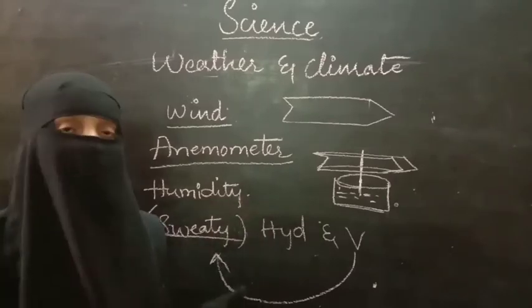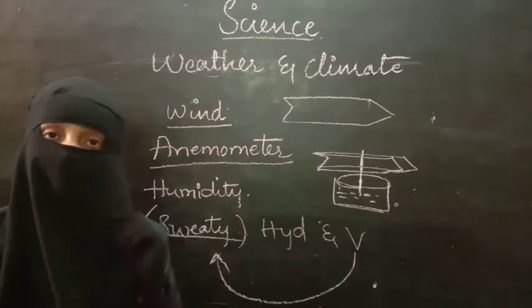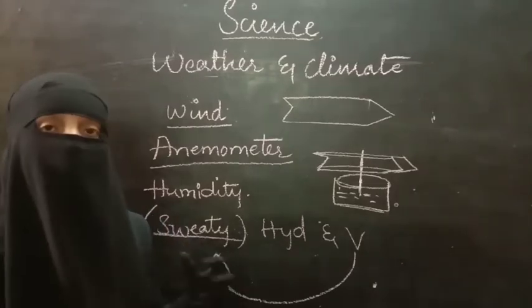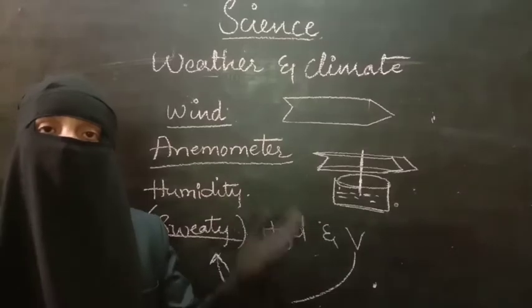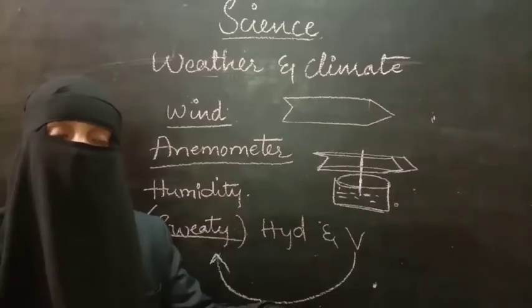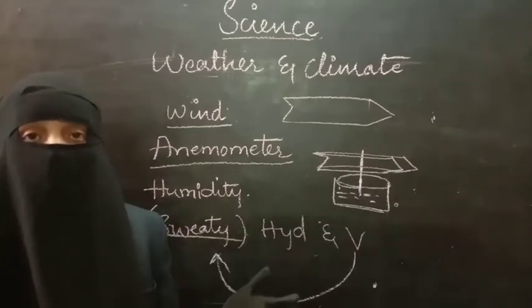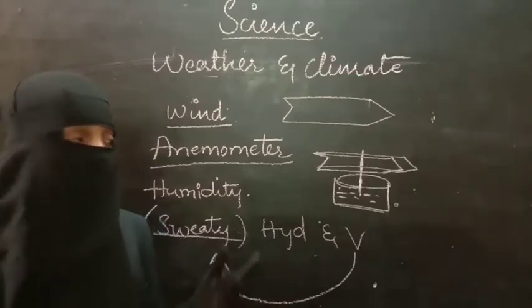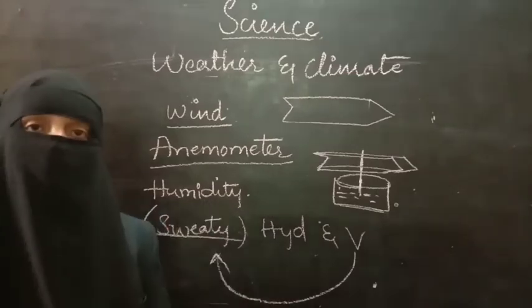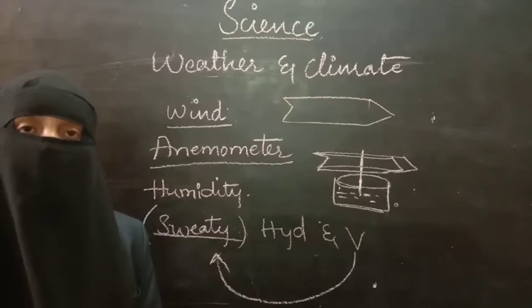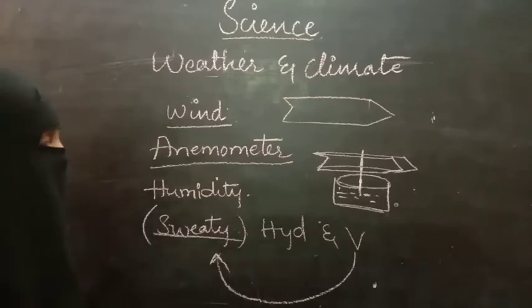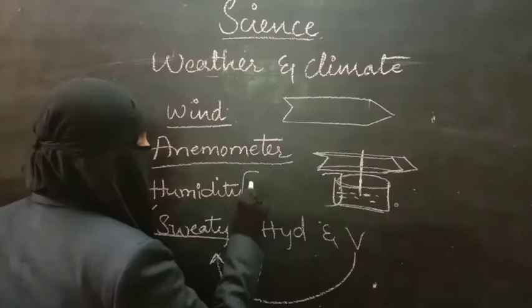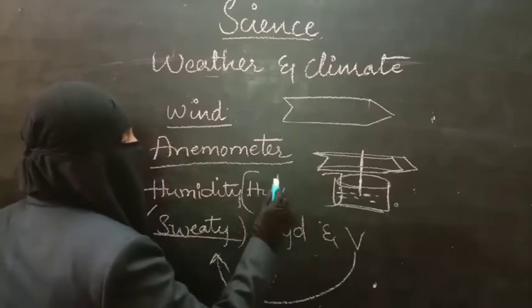The cities or states near water bodies have more humidity, because their water cycle process takes place. In summer season, a lot of water will change into vapor. That vapor present in the air is nothing but humidity. To measure humidity, an instrument is used that is called a hygrometer.